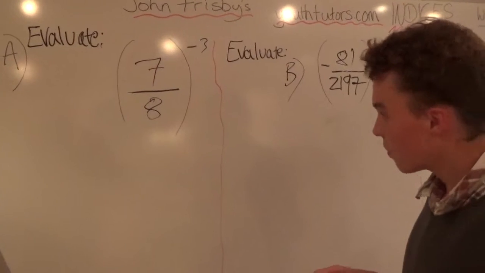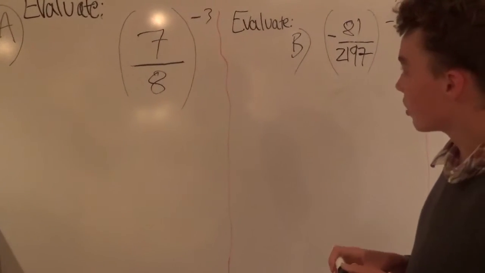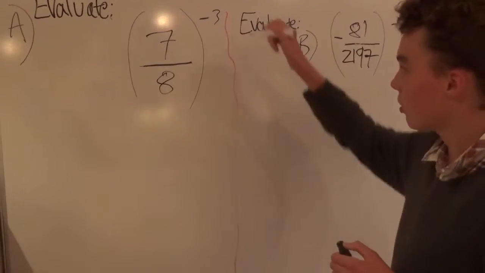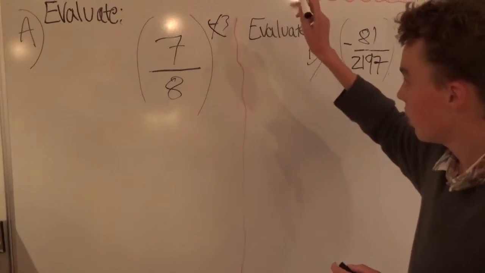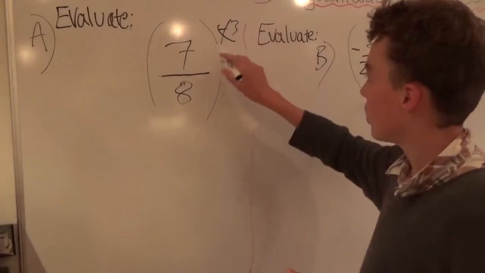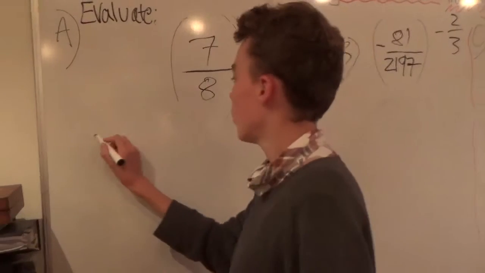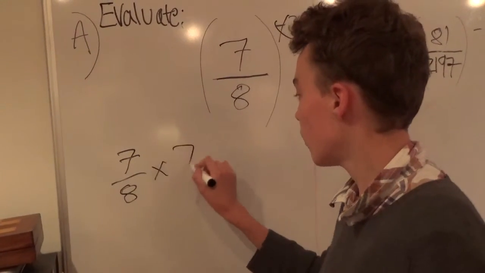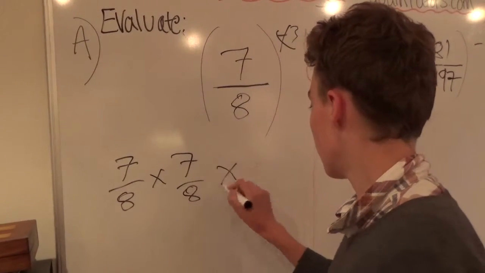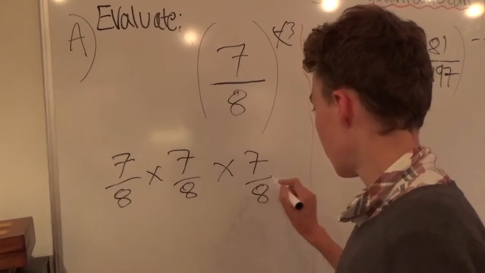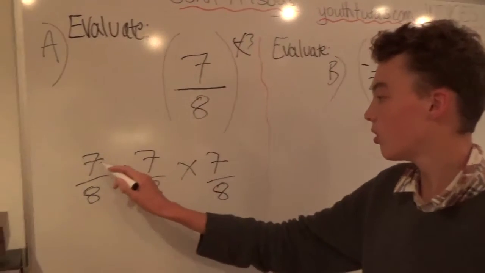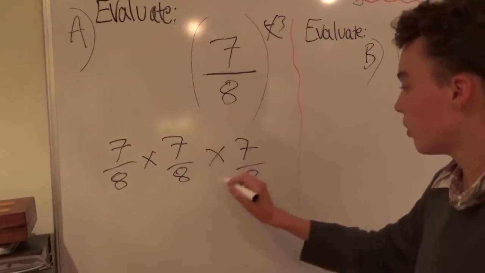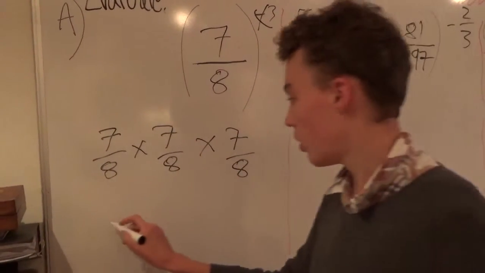Okay, so my suggestion is just ignore the minus initially. So just get rid of that minus. We don't like it. So we just cube these numbers. So it's 7 eighths. This is the first step. Times 7 eighths times 7 eighths. That's clear, yeah. Now 7 times 7 times 7. You'll need a calculator for this, but it's